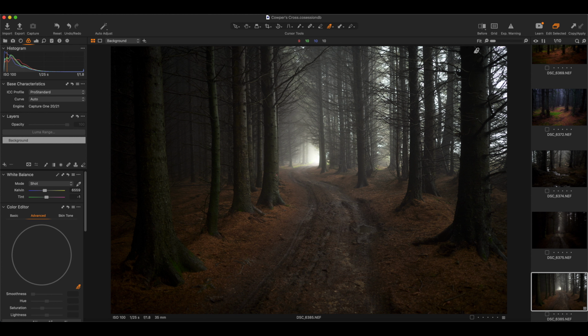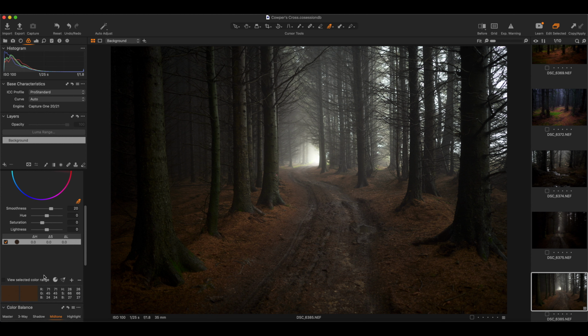But the thing that's bothering me about this photograph in terms of colour to start off with is the vibrant nature of it. As I was walking through this woodland, it was quite dull and subtle, but the camera's really brought out the yellowy orange nature of the pine needles that are on the floor here. So I'm going to use my colour editor to pick out this area of yellowiness,